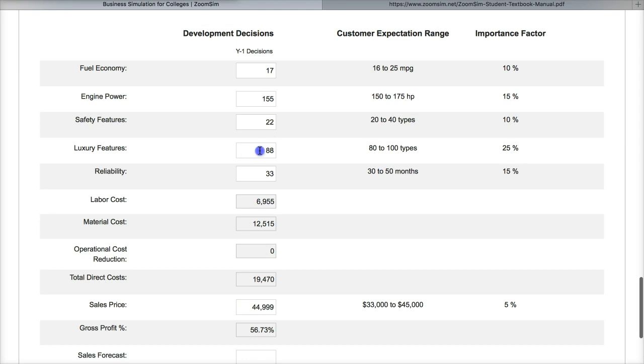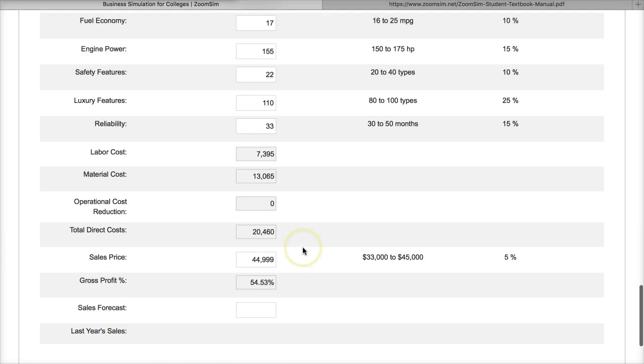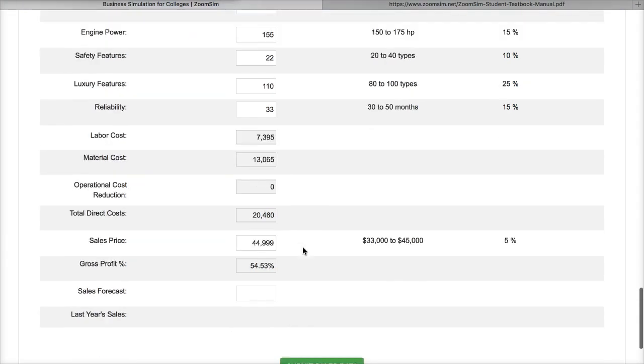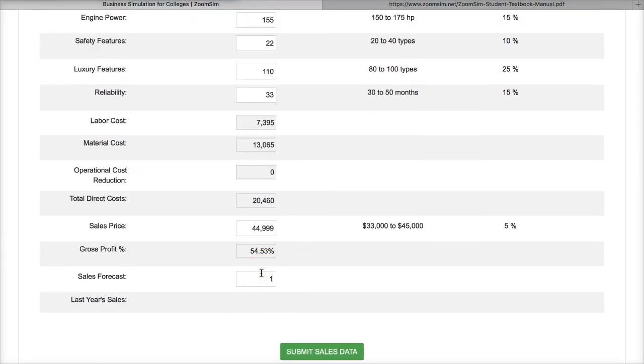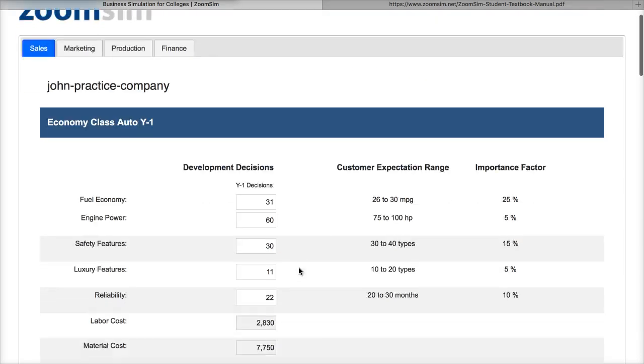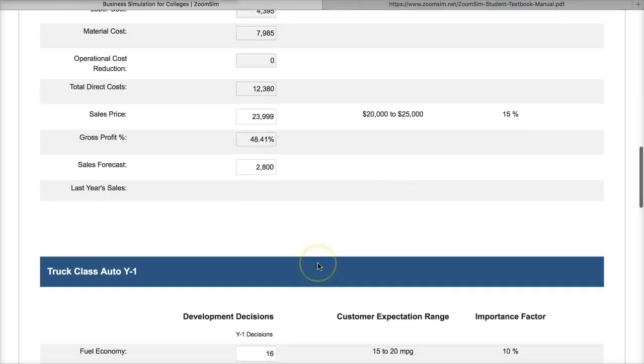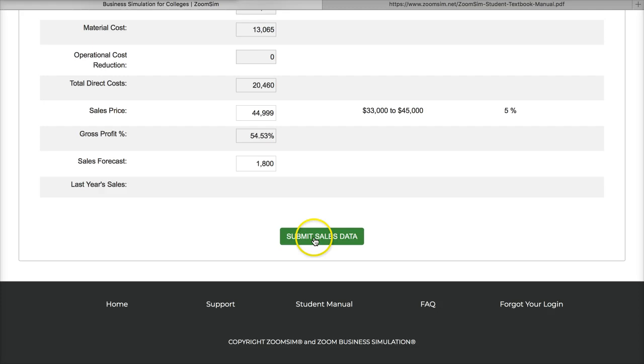Let's see here. I can make this a little bit higher. So I'll put this at 100, 110. Okay. So now I have a pretty decent, and I'm going to put this at 1800. Okay, so now, if you see I've submitted the results for all the rounds, I'm going to click on